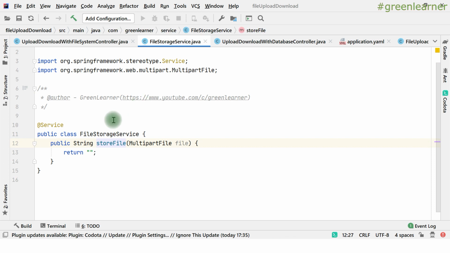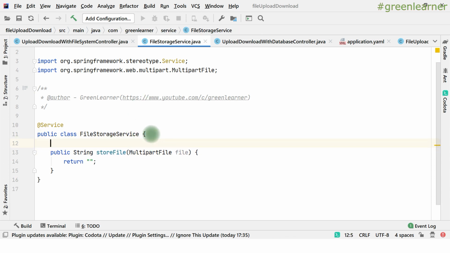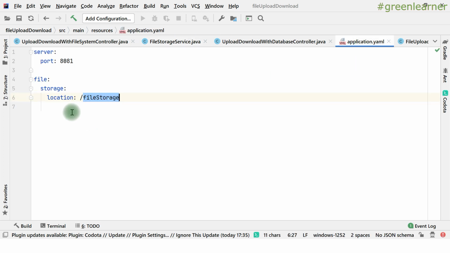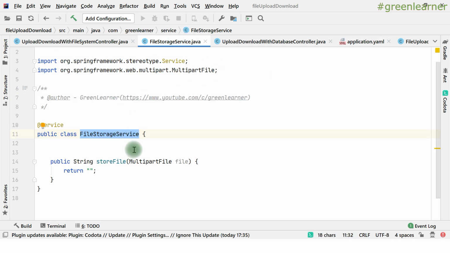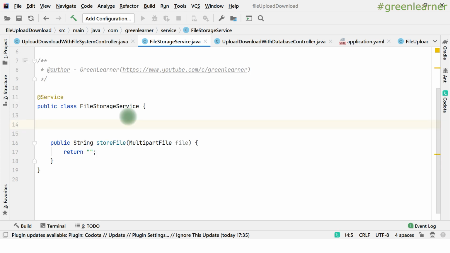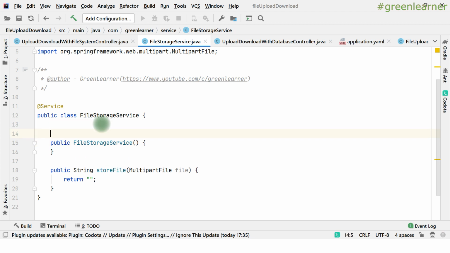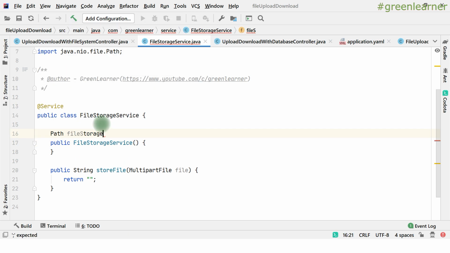So coming to the file storage service here, the file storage service is nothing without this file storage path, right? So let's create the dependency for that. I want a constructor for that, right? And before doing that constructor, I need the file storage path, right?